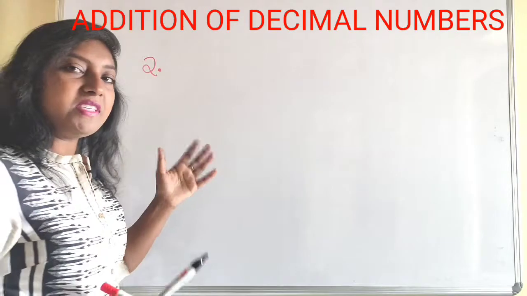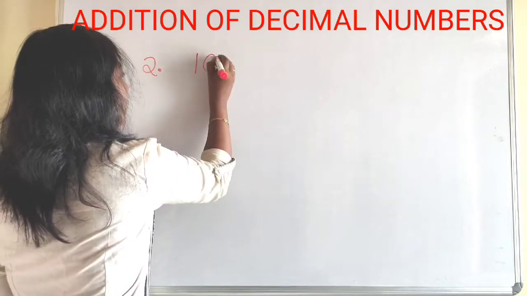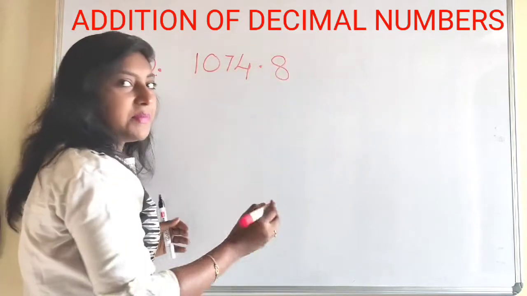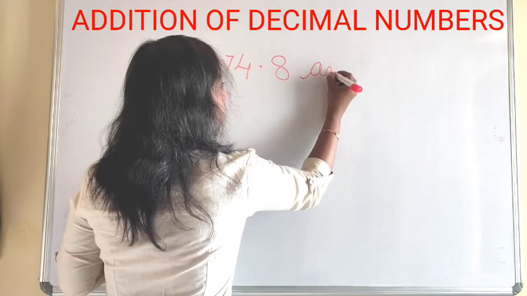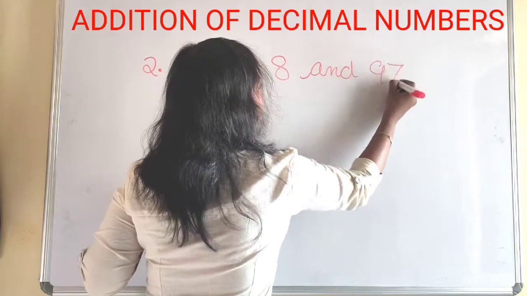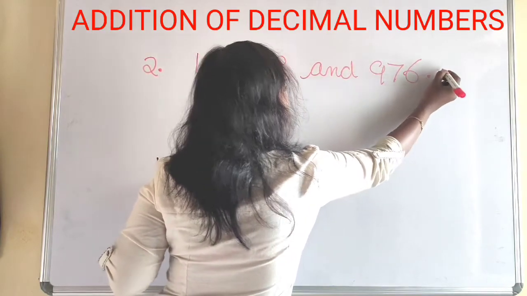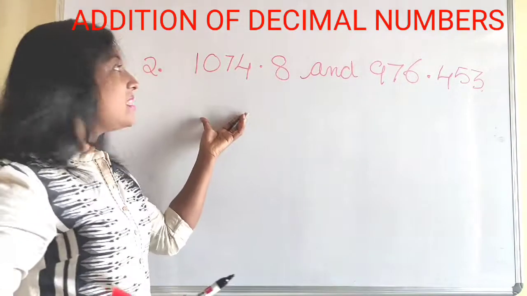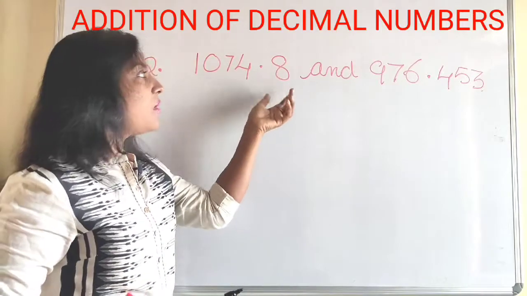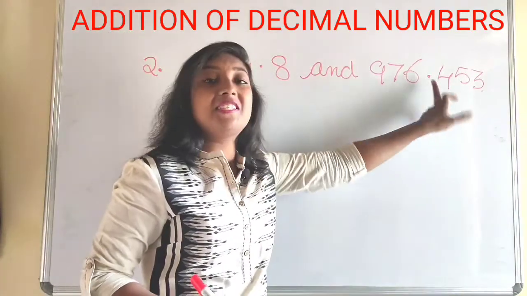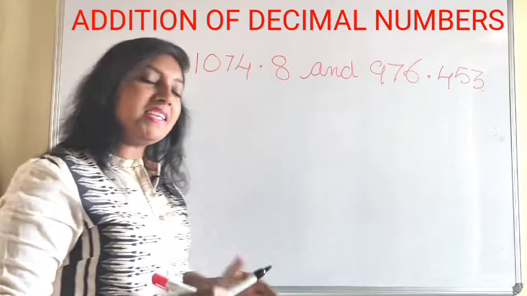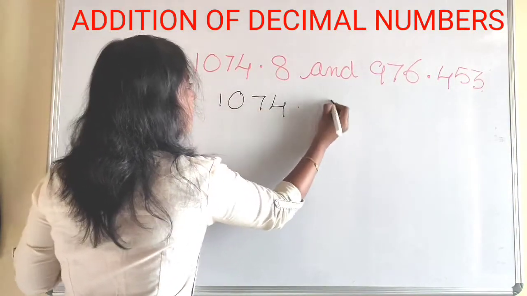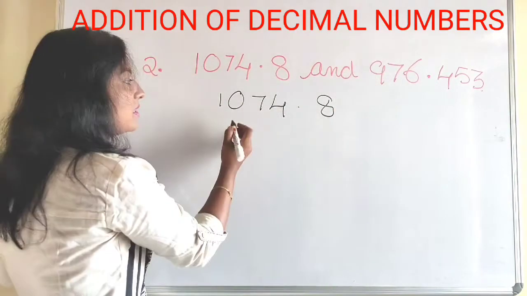Here I am taking the numbers 107.8 and 976.453. The first one is 1074.8 and the next one is 976.453. So write the numbers first. So the first number is 1074.8 and the next number, that is